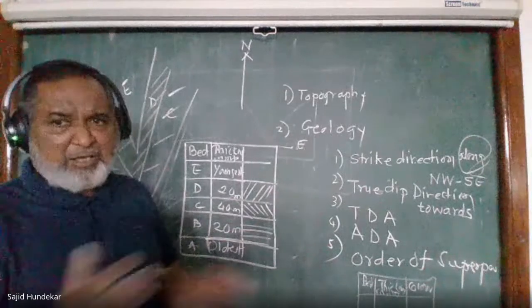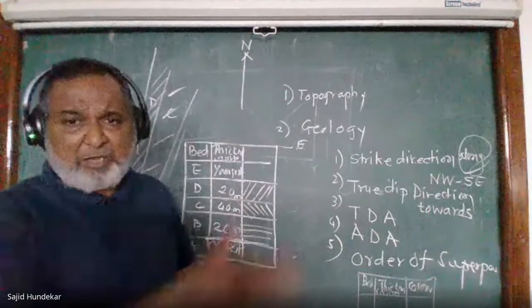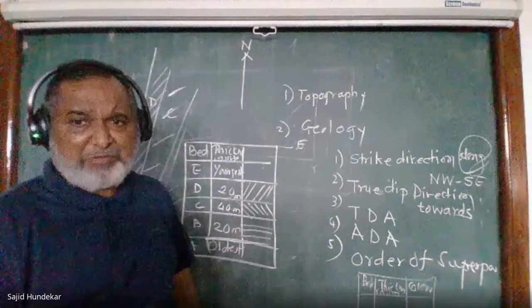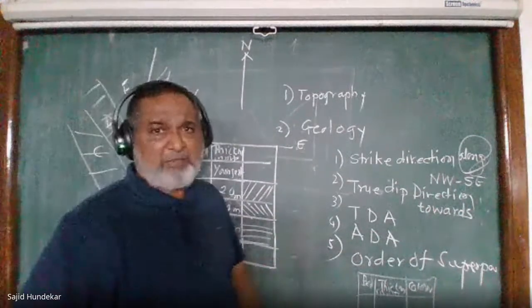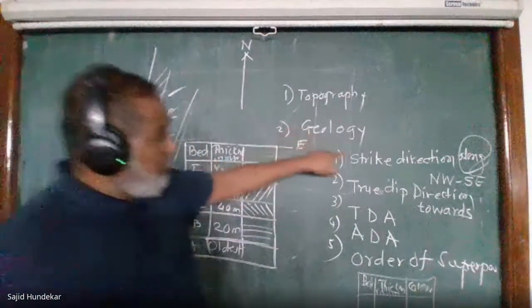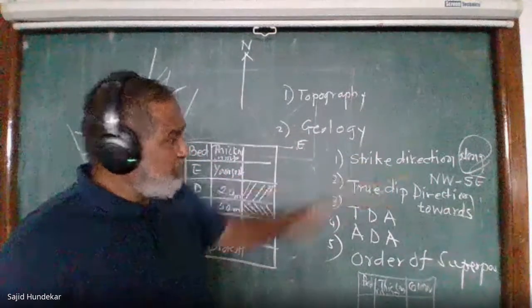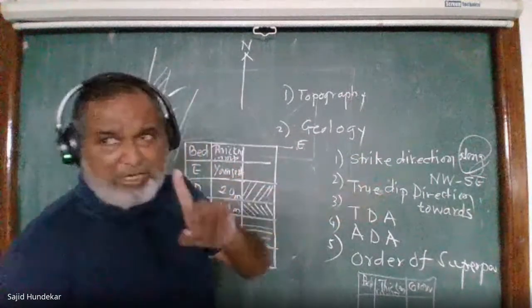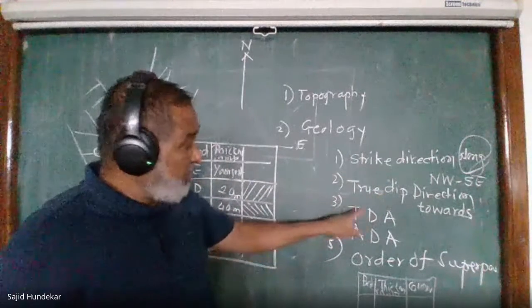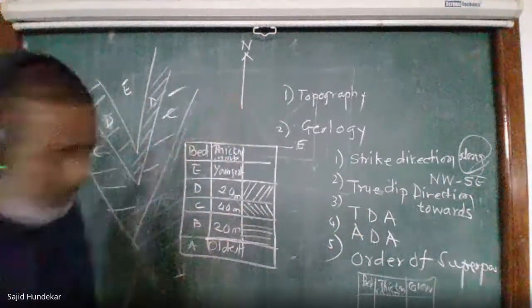Similarly, based on this particular column, you have to write down for whatever maps are there. How many maps are there? I think 5, 6, 7, 8. It is given 8 maps. We'll see now. Clear now? So here the observations are strike direction along northwest-southeast, true dip direction towards any one of the directions, and true dip amount. That is the distance between the first strike line to the last strike line.